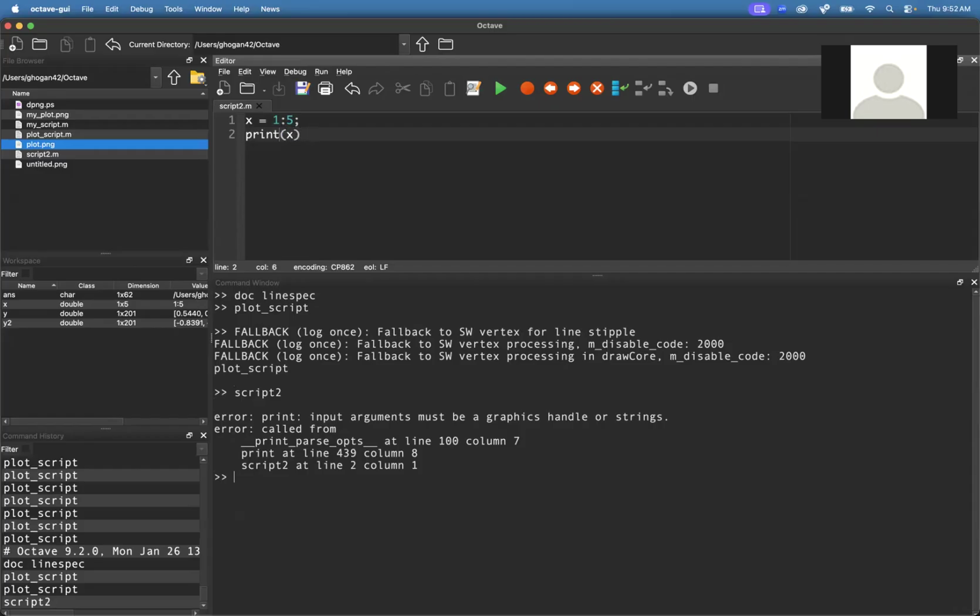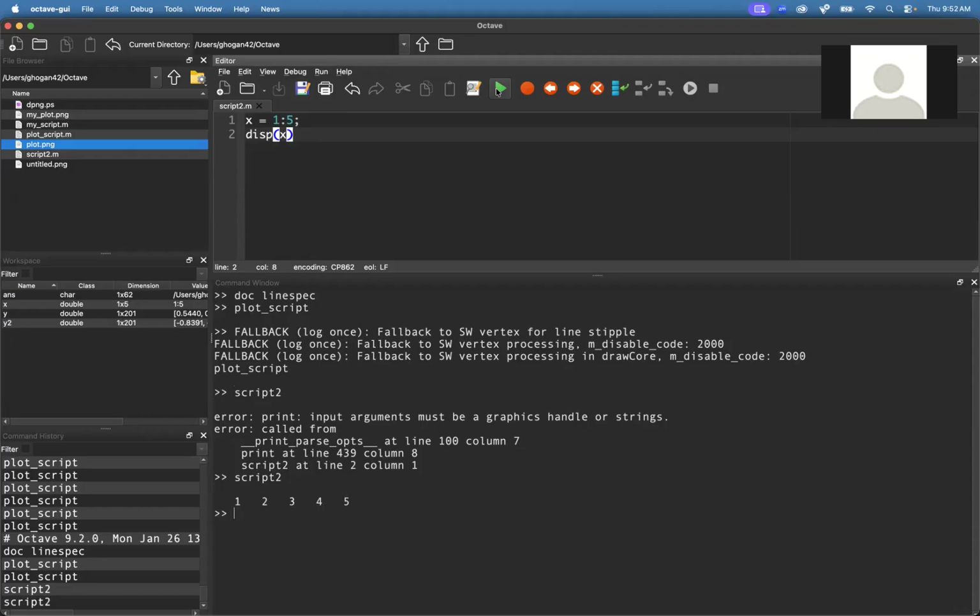Oh, I wrote print like I'm doing Python. Oopsies. That should be display x. Okay. So actually, what I'm going to do now that you're probably not going to see is I'm going to hit pause on here and fix something. Okay, I'm back. Hopefully that didn't take up any time for you. So anyway, back up here, we have just x equals 1 colon 5, display x,